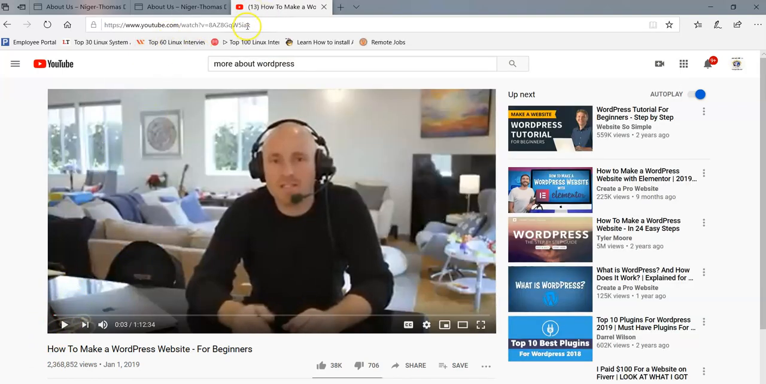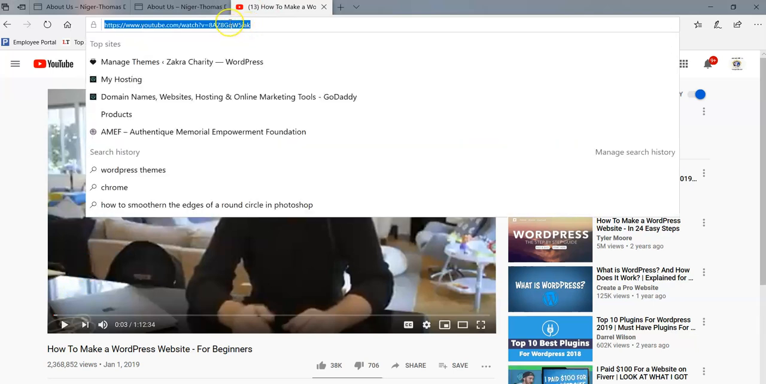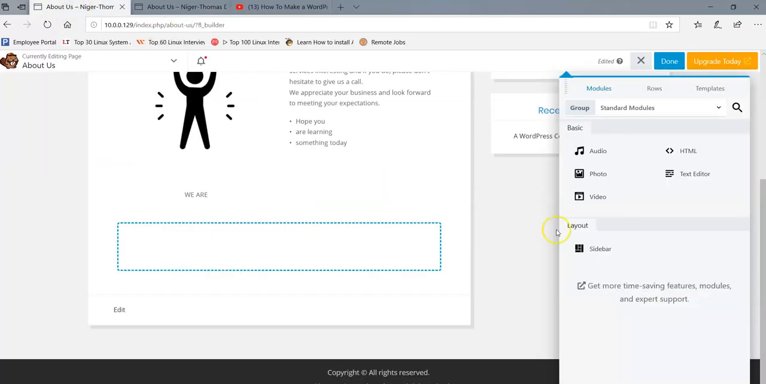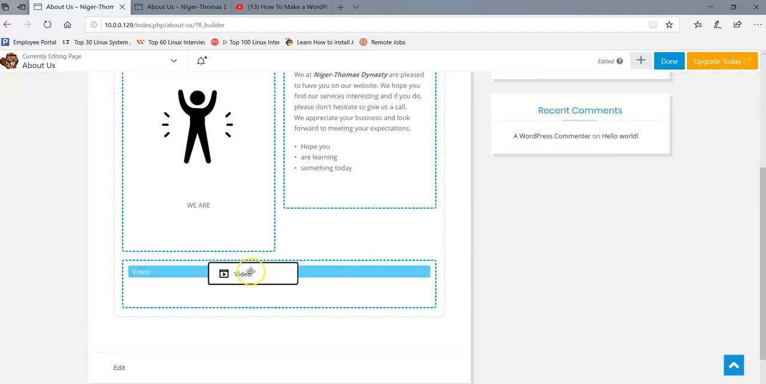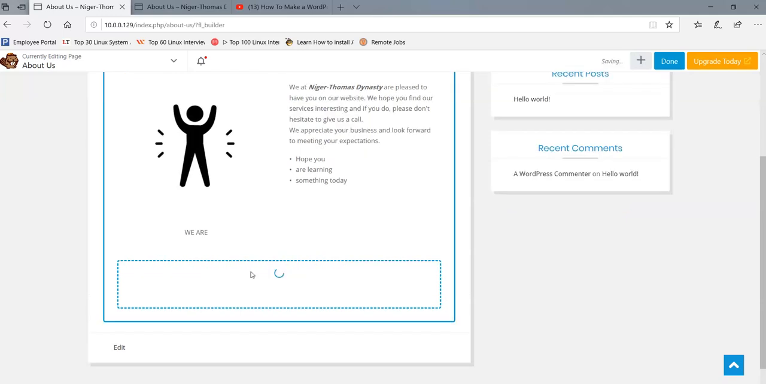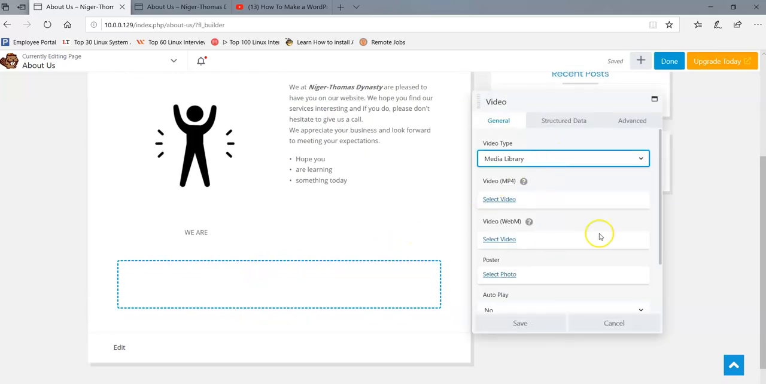Alright, so I just pause the video, come to the URL up there, click on it, highlight it, and copy it. Okay, so I go back to the back end of my website. So I'm going to bring in that video, right? On the video option, I click and hold, drag it and drop it right there, and it opens